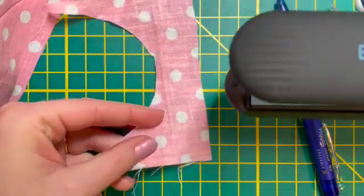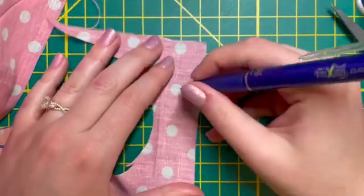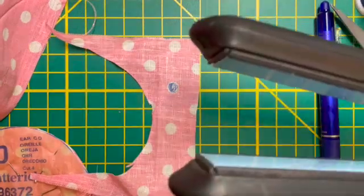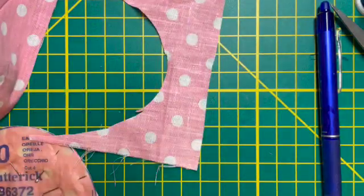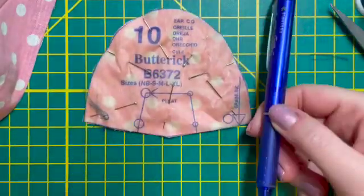oh, and look, it already went away. I did it too fast. Let me show you again. So I have my marking, I'll color in this whole dot, and now here's my hot straightener, my hot iron. I put it in here, close it, and look, it's gone because it's hot. Crazy, super fun stuff. So that's a heat pen, and they're great because they're non-permanent, but you also have to